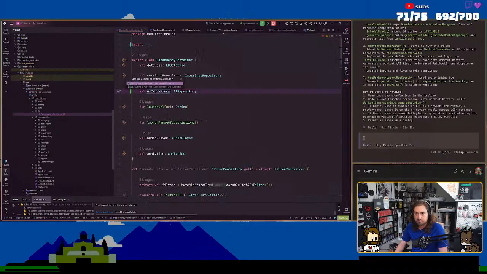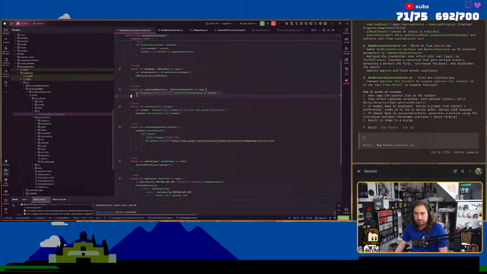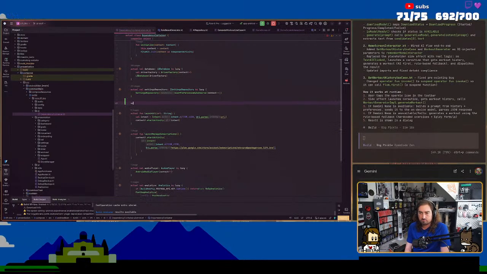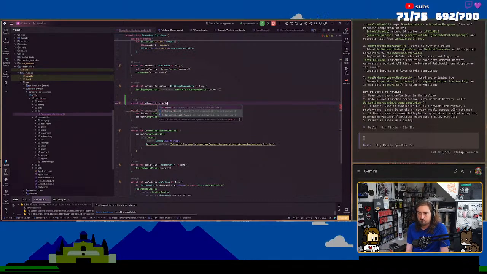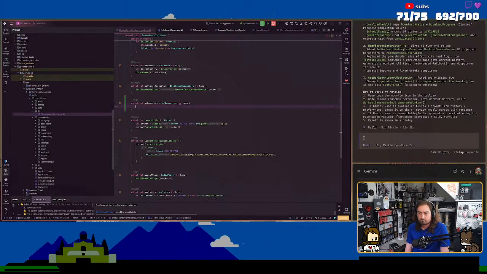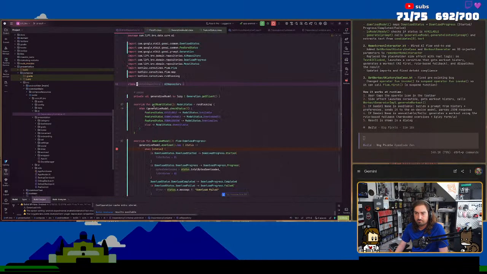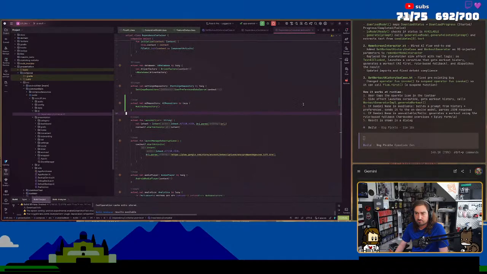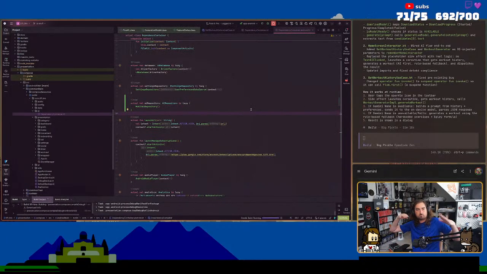And now we go to the actual here, and then actual. ML kit AI repository, bam. And this doesn't need anything like that. There we go. So this should be all connected now, or at least more connected than it was before.